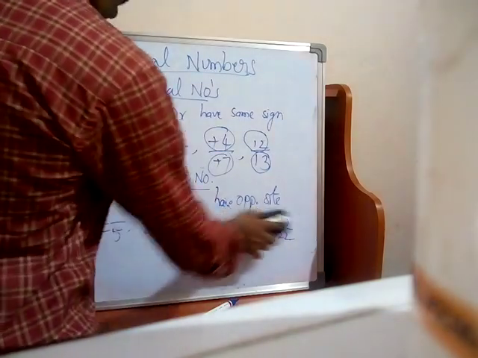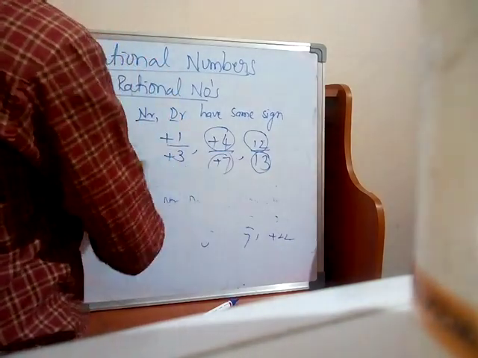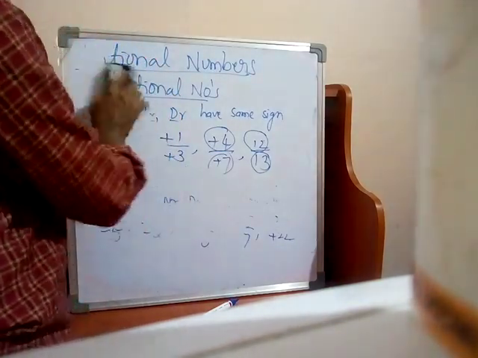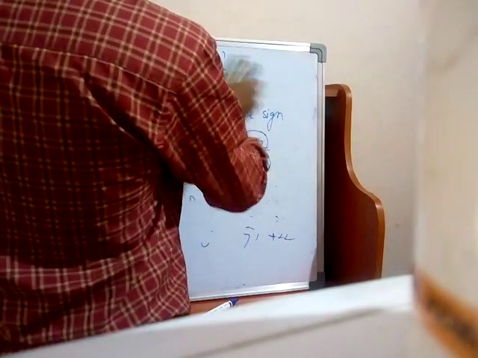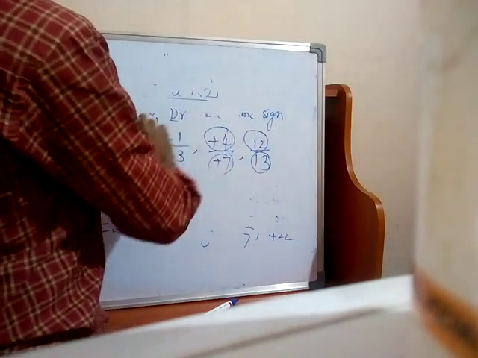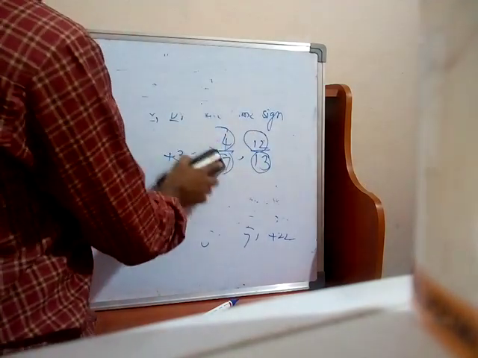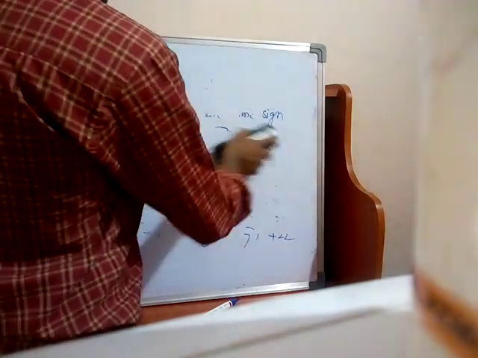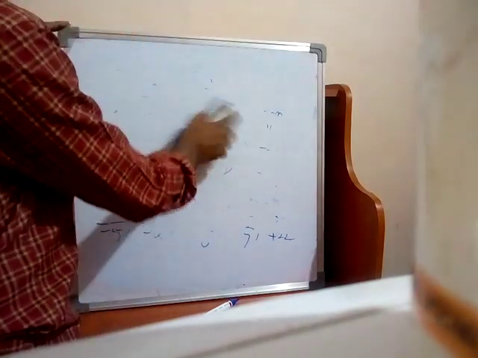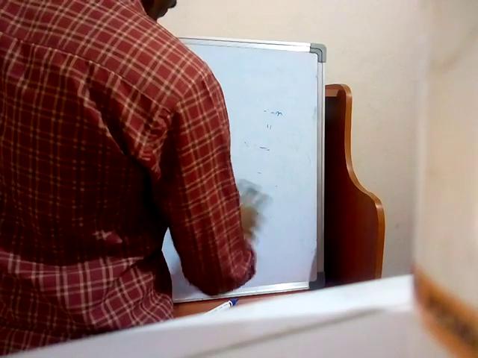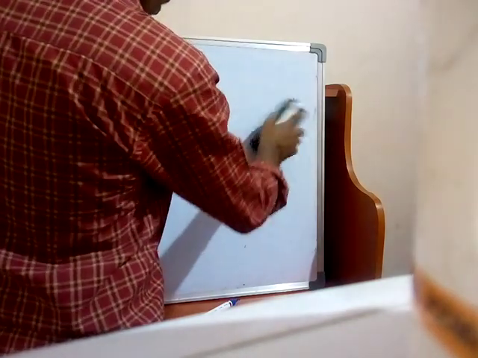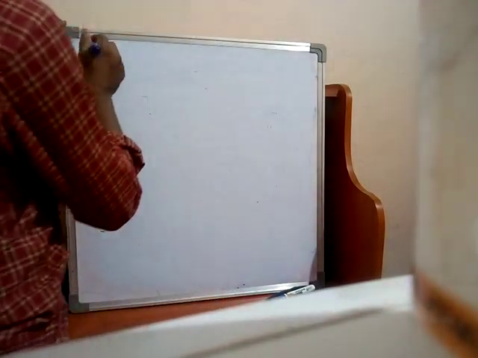Next, what is the standard form? Standard form of rational numbers. What is the standard form of a rational number? A rational number is said to be in standard form if numerator and denominator have only 1 as the common factor, or do not have any common factor except 1. So standard form